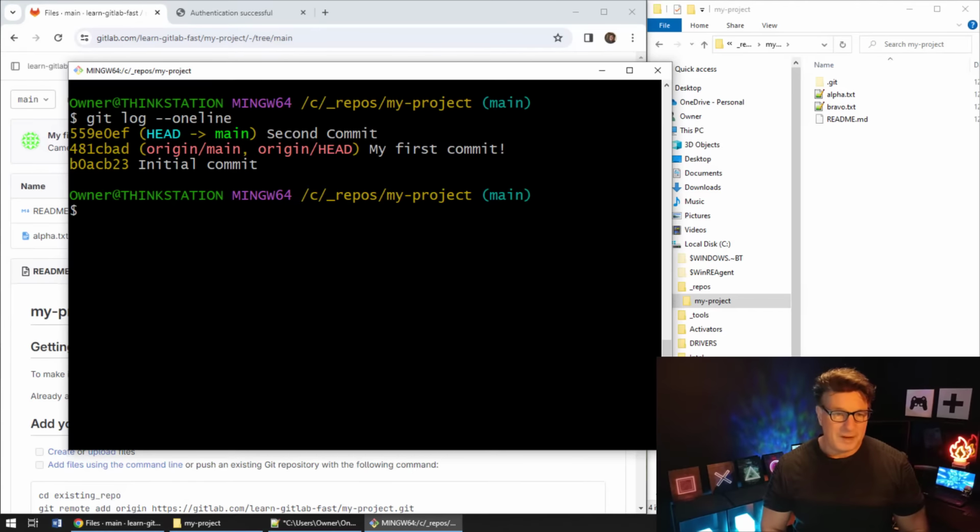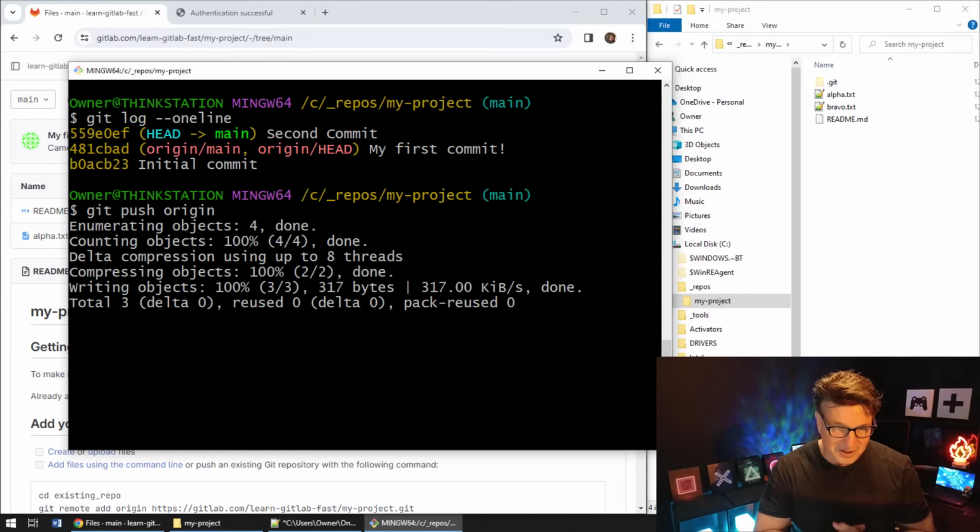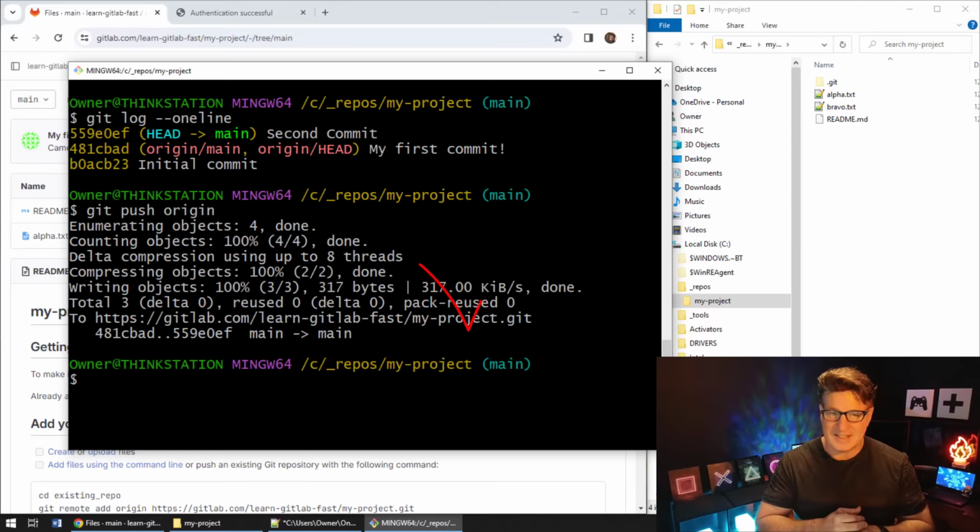I'm going to open up a command window. I'm already in the project here. I'm going to say Git Push origin. Origin is just the name that we give to the server we're connected to. So GitLab in this case is the origin. That's where we originally cloned from. I'll say git push origin, and assuming all of my authentication is in line, those files will get pushed up to GitLab. Now, if I come back to GitLab,